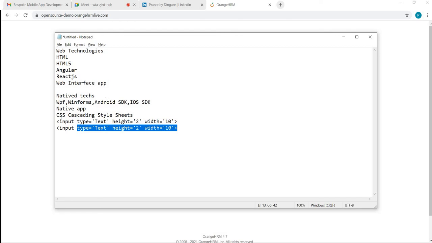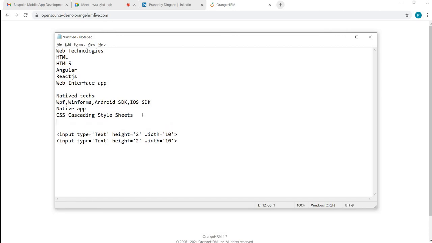The way is defining the cascading style sheet, CSS. CSS is a group which defines properties like height, width, background color, foreground color. So let's say these four properties. I want to define a cascading style sheet for the button control, so I'll define the cascading style sheet, say button.